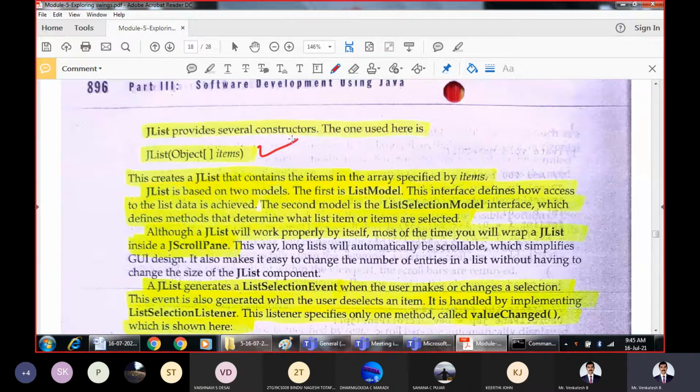That means whatever items you want to include within the list will be passed as a parameter to the JList constructor. That means if you want to create an array of all the students in the 4th semester classroom, then that list will be passed as a parameter, right?